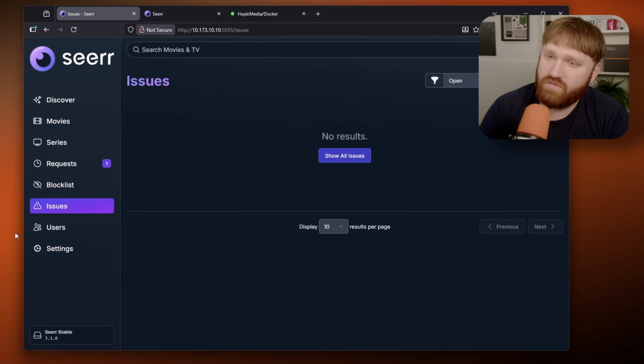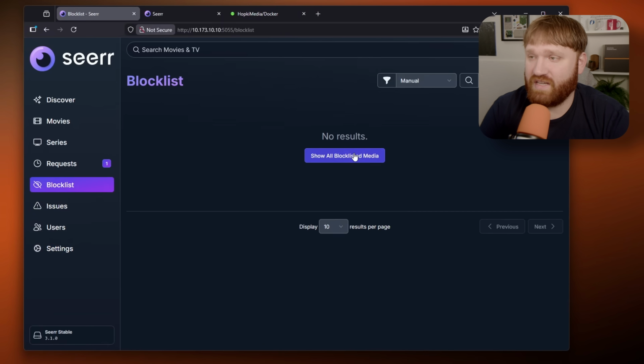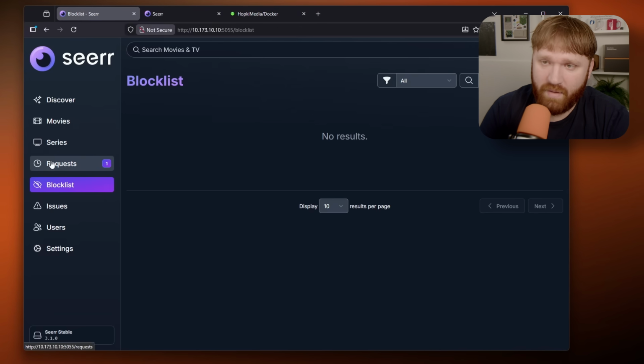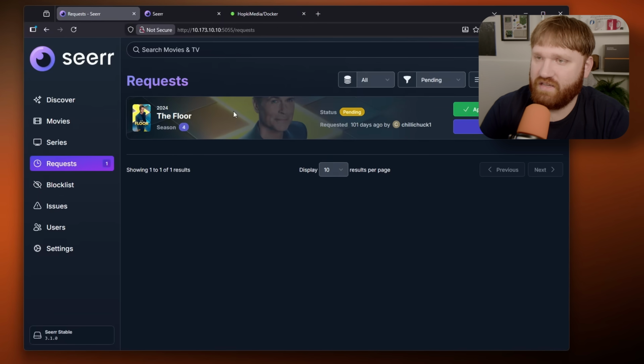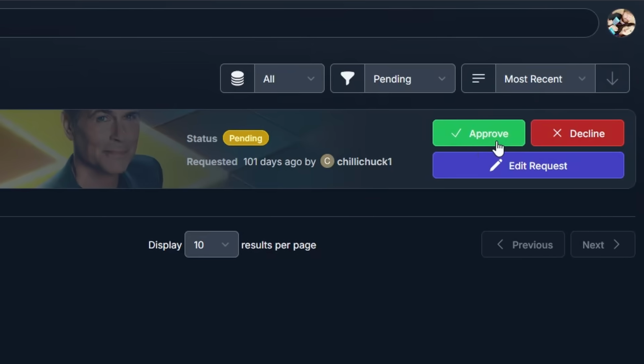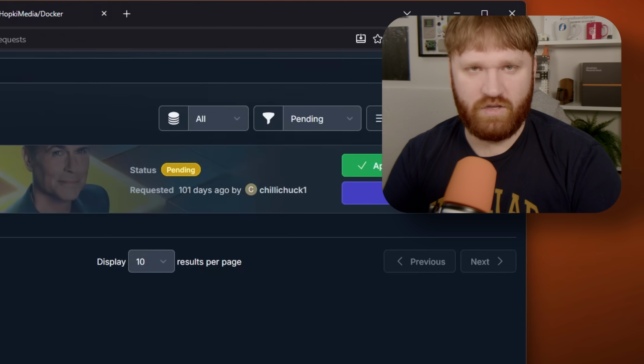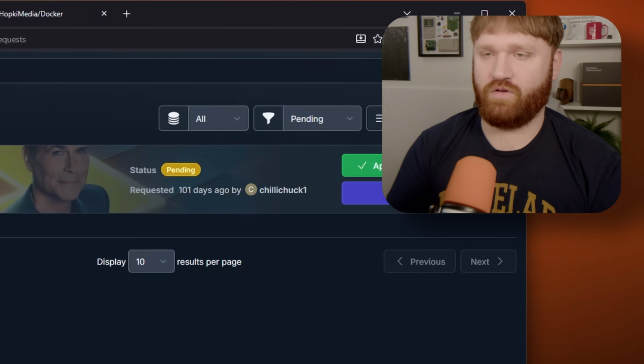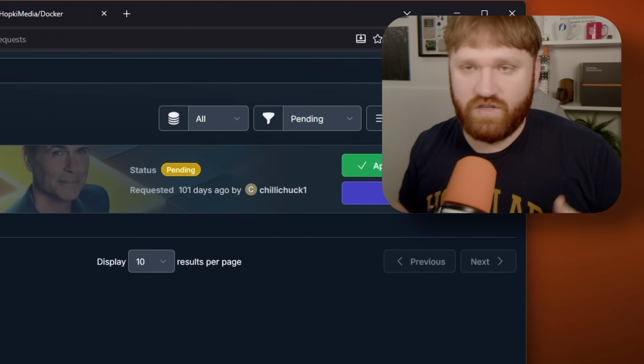We have issues here, no issues, which is always good. You can set up block lists so you can block specific media that you don't want to show up. We have requests, so you can see somebody's requested The Floor, which is I think some sort of game show. I could approve that, and then that will get added automatically to Sonarr. So this just gives a really nice UI for those who aren't managing your server to go in, find